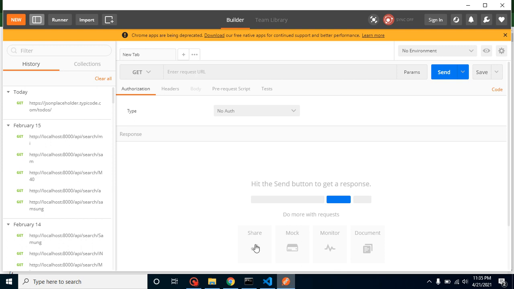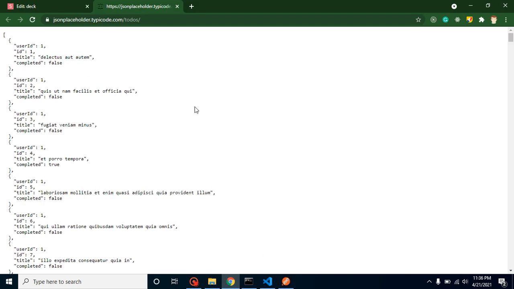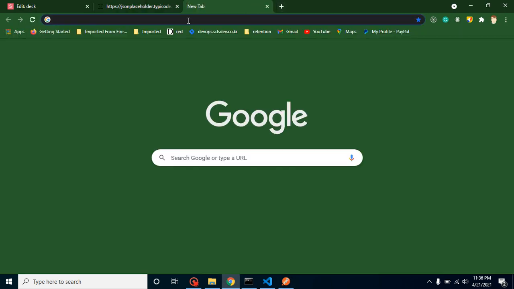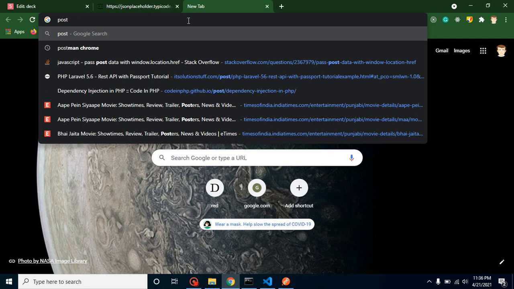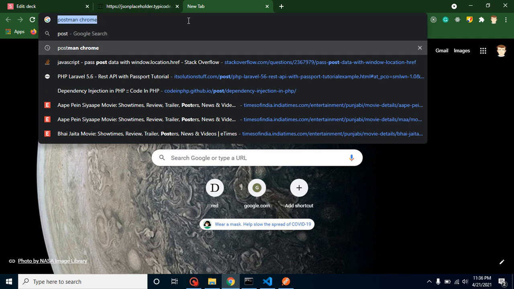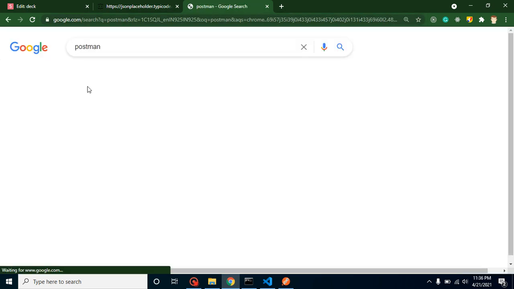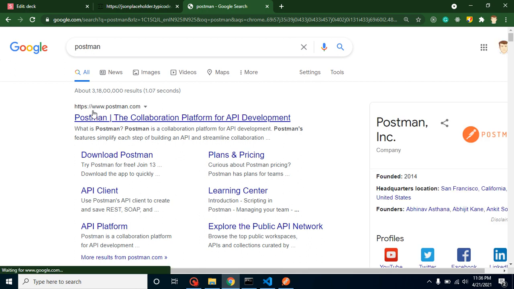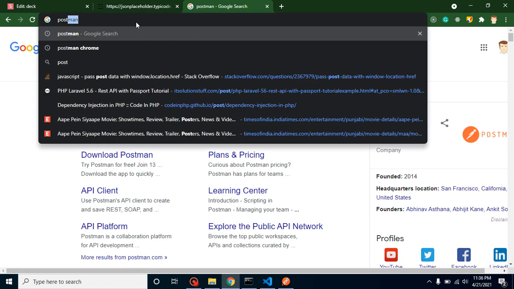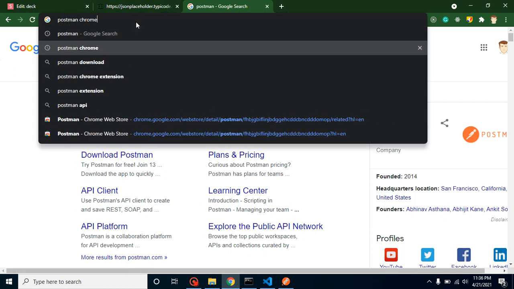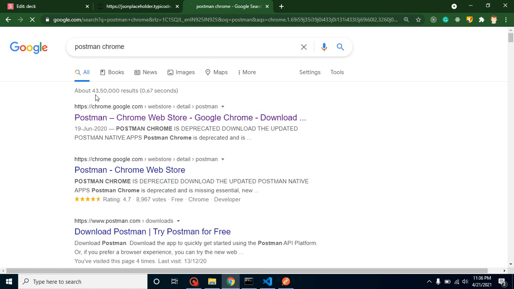Here you can see that I will show you the methods and all here, and I will show you how you can test one API also. But how can you get this tool? For that, you can just install Postman, right? You can download it from the official website, but it will take around 100 MB, so you may not want to use it. So you have a plugin for Chrome for Postman, so you can use this plugin, which is very lightweight.